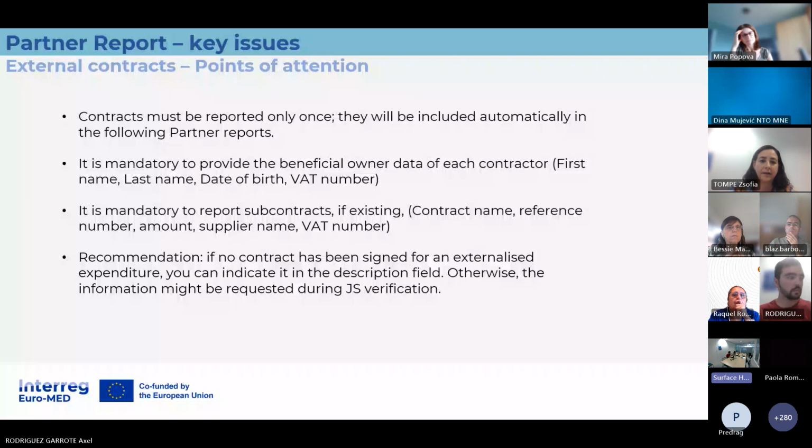So we have to collect the beneficial owner data of each contractor. What I said, you should find the beneficial owner, who should be a natural person.